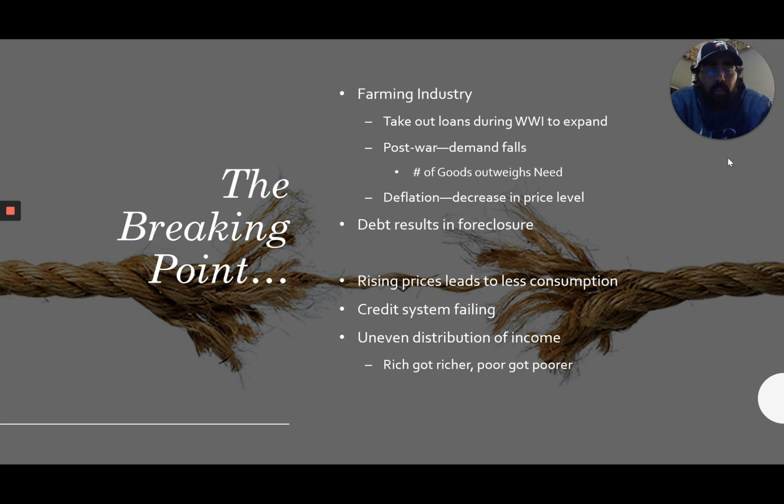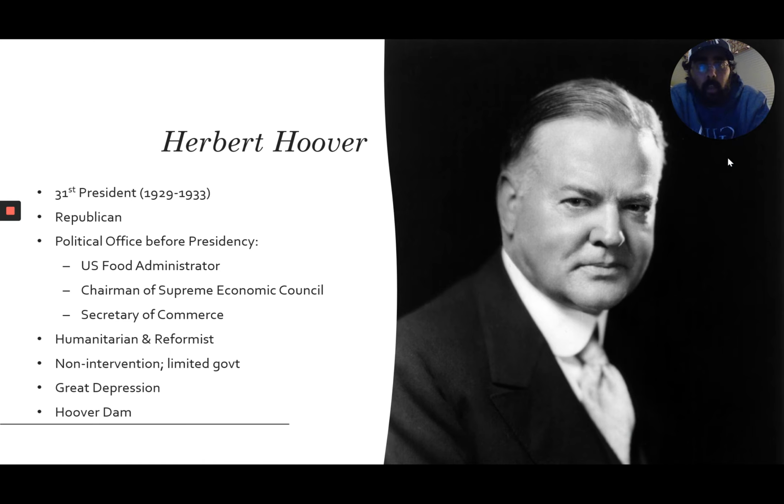And the uneven distribution of income was also evident. The rich got richer. We know this from the Roaring '20s, the social changes, again, from even Great Gatsby. And the poor got poorer. It does not matter what's happening to that lower class. Everyone thinks, oh, people are fine, they can afford it. No, they can't. When you can barely afford the living wage for a family, you can't buy the goods that people assume you can. You cannot invest when people think you can. In fact, you might be out of a job because of these struggling industries, and that's where we see the disparities coming into play.